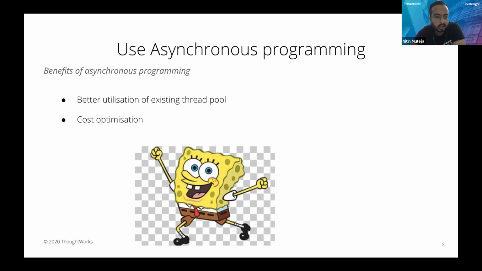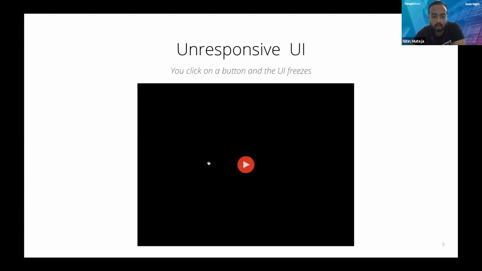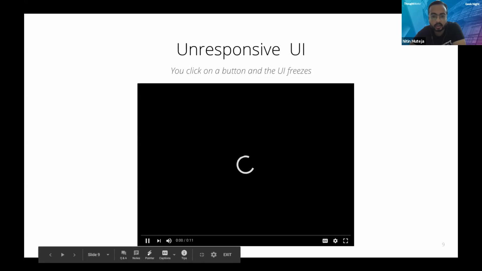If that is the scenario, you just convert your synchronous operations to asynchronous. The benefit we would be reaping from utilizing those asynchronous operations is better utilization of your threads, because your threads are not performing any operation. They are rather waiting to get a response from the input output streams. If you are utilizing the better potential of your thread pool, then you're bringing in cost optimization to your application, because you won't have to upscale your application to the instance level that you used to with synchronous operations.